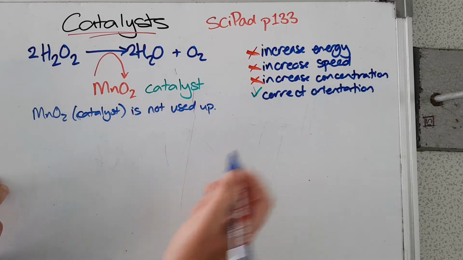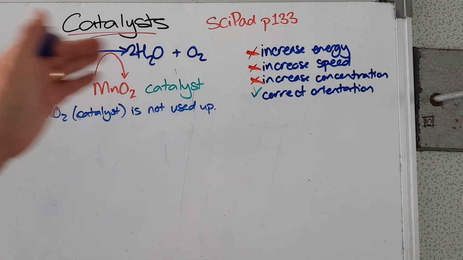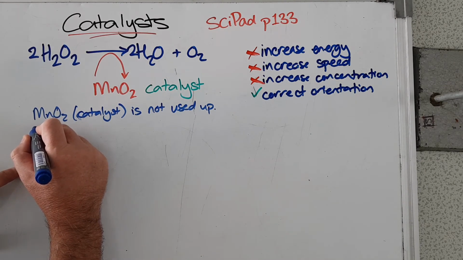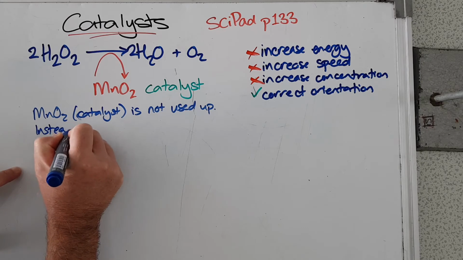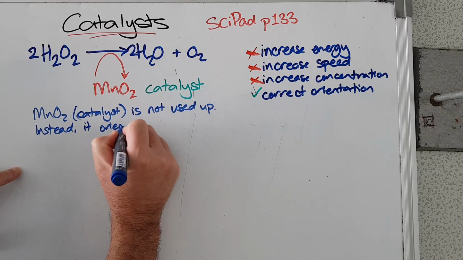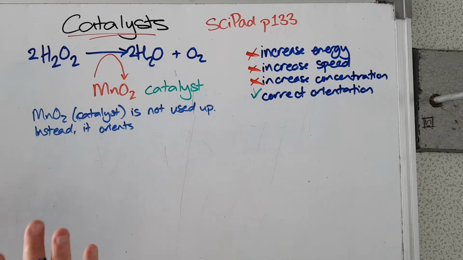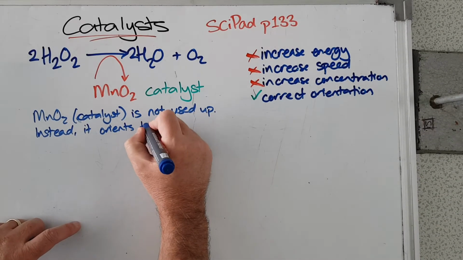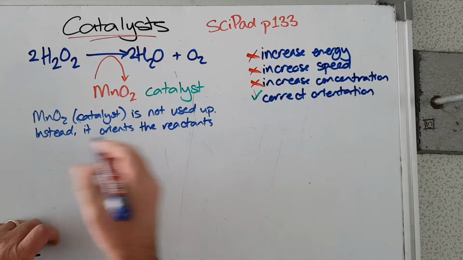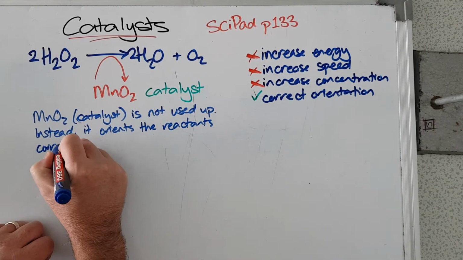That's a key point. If we start with 2 grams, we end up with 2 grams. Instead, it orients or places the reactants correctly